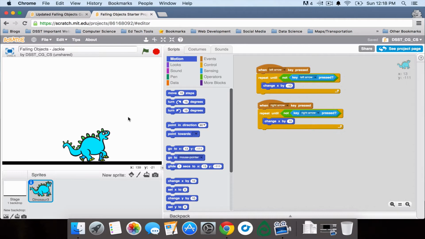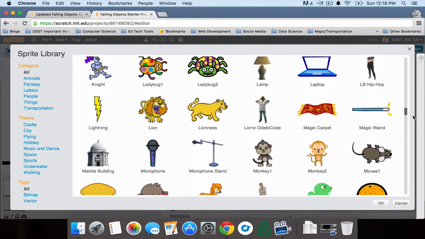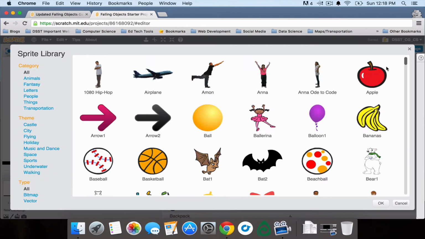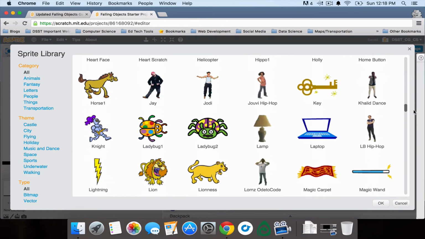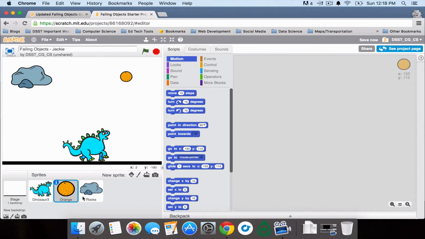Okay, so in part 3, we're going to add the following objects and we're going to get them to fall from the top of the screen down to the bottom of the screen. So the first thing I need to do is pick my 2 sprites. Okay, great. And now that I have my 2 sprites, what I'm going to do is select one of them